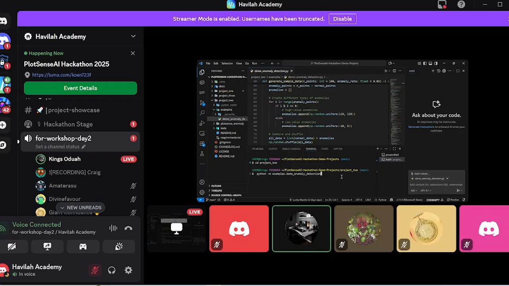What I'm trying to show you guys here is our detection, the anomalies that we detected. So when I run this command, this is from the examples folder. You can see it here, and this is the plugin, this is an example of the code that we're going to run. So when I hit enter,